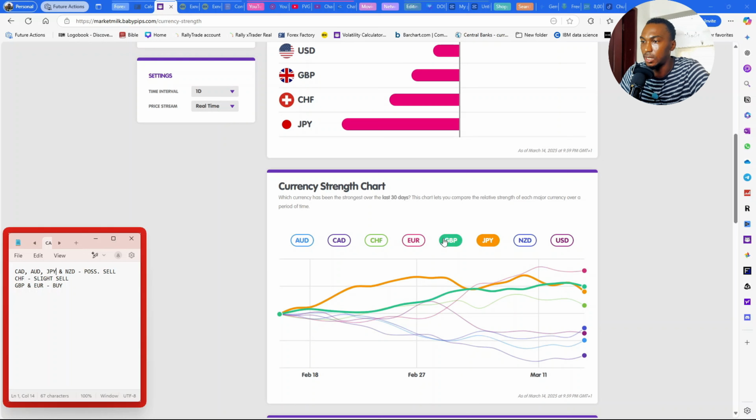Euro, pounds, both are strong buys. The USD, I didn't check out the USD. The USD, over the month it's been on the sell side, still on the sell side. Okay,